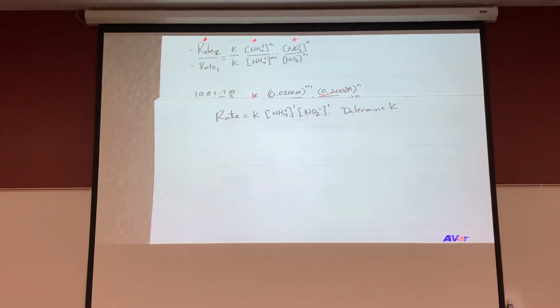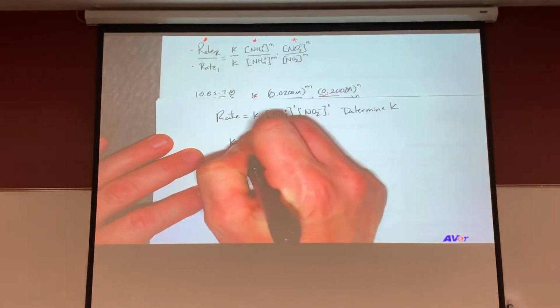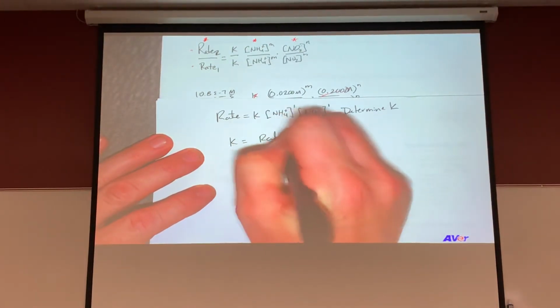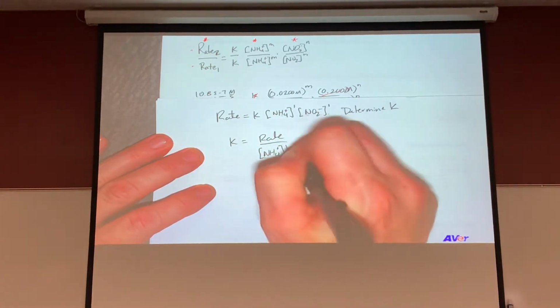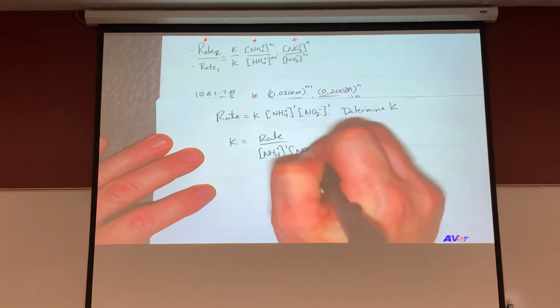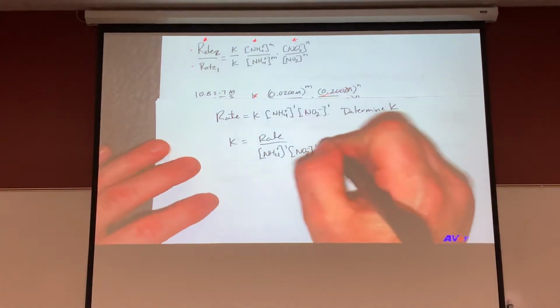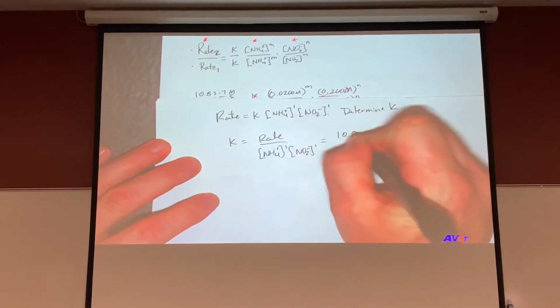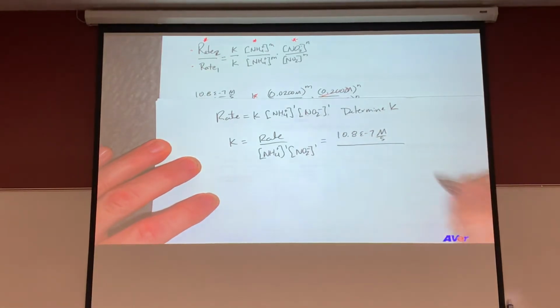Okay, so am I all right if I just flip this all around and say K is equal to rate divided by concentration of NH4 to the 1, NO2 to the 1? Then you can plug in the numbers and say 10.8 times 10 to the negative 7 molarity per second divided by